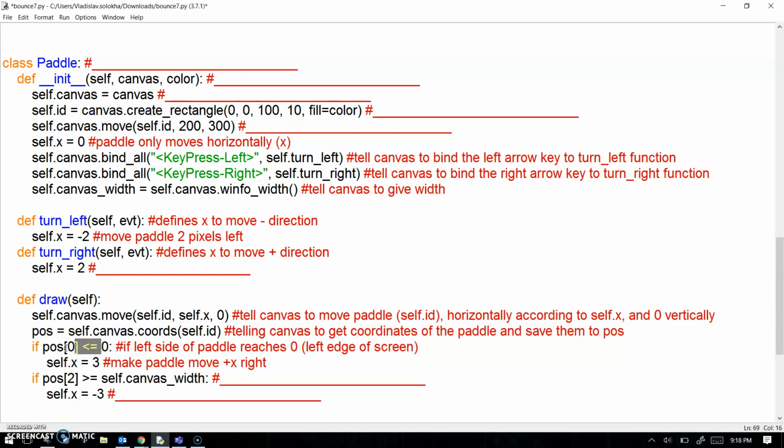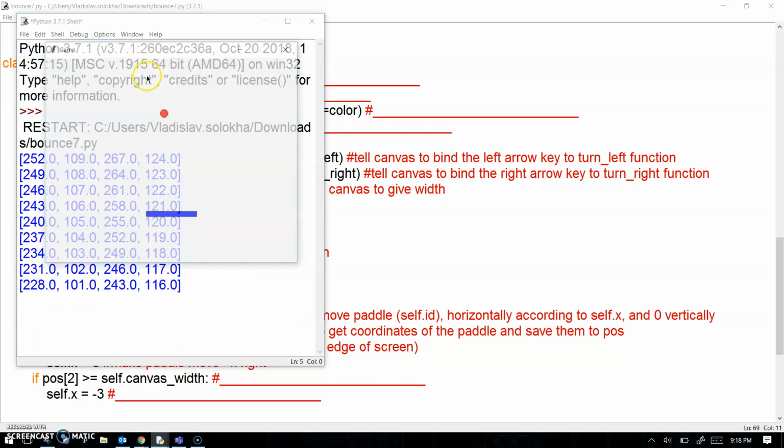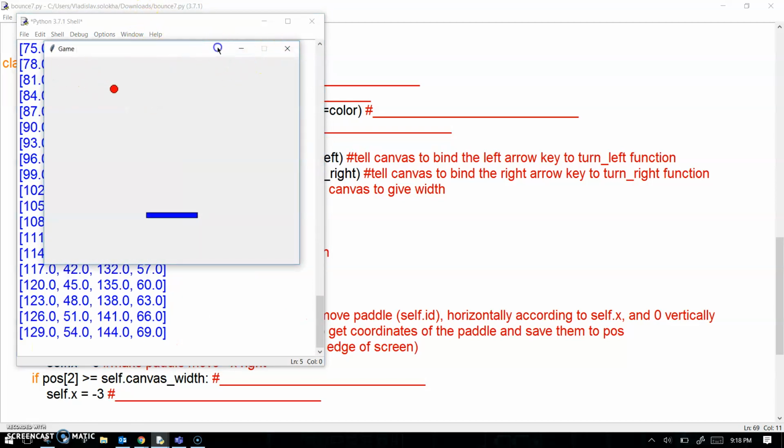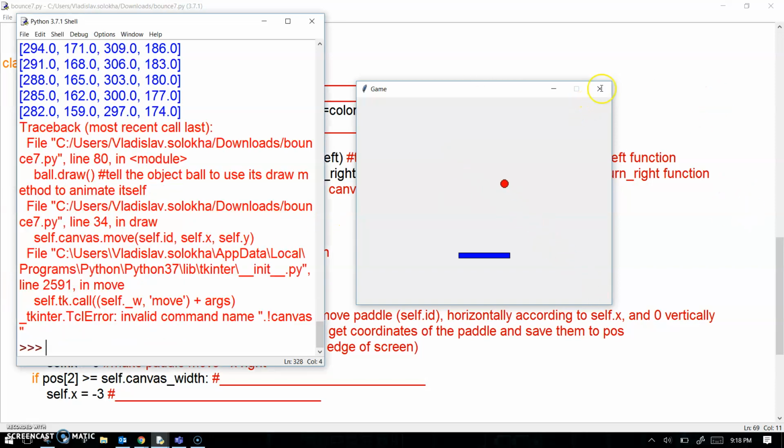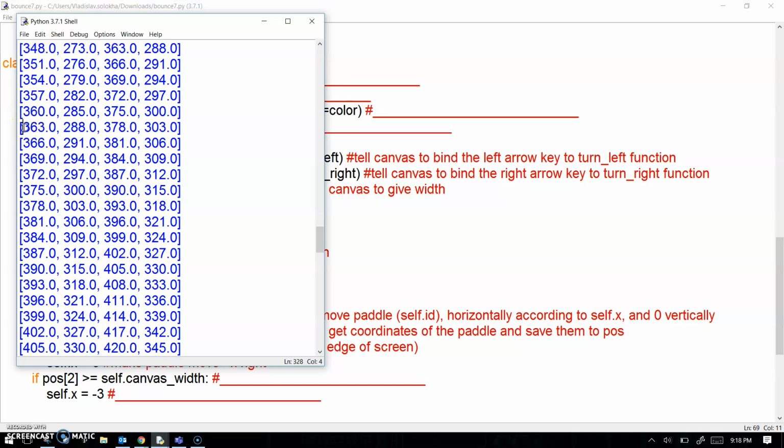So why do you see brackets here? The 0 just means this is calling that first number in pos. Remember, pos is a list of 4 numbers. So if I pause this game right now, you can see, if I close this, this is where the ball's left side is. This is where the ball's top side is. This is where the ball's right side is, and this is where the ball's bottom side is. So each number represents